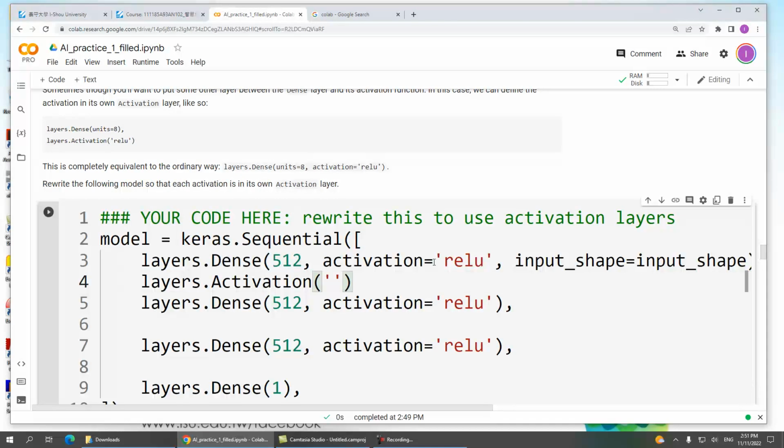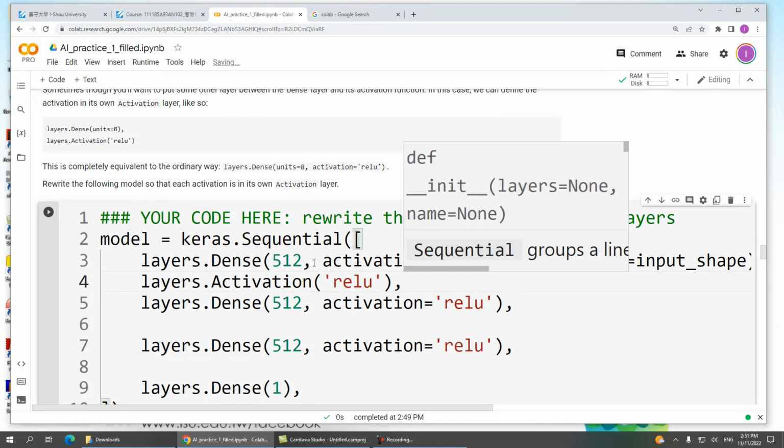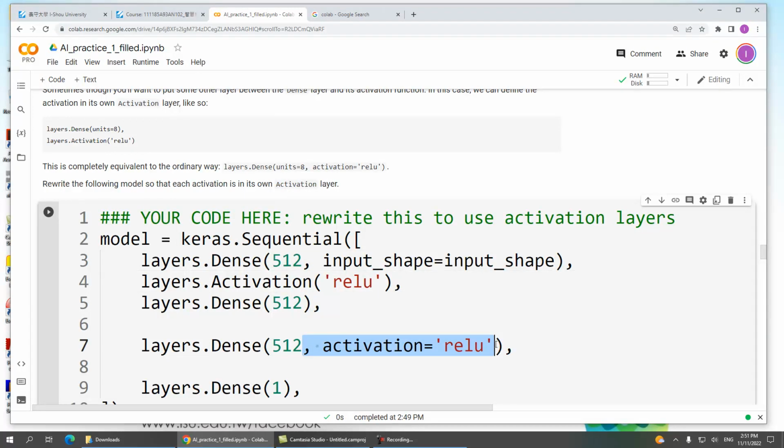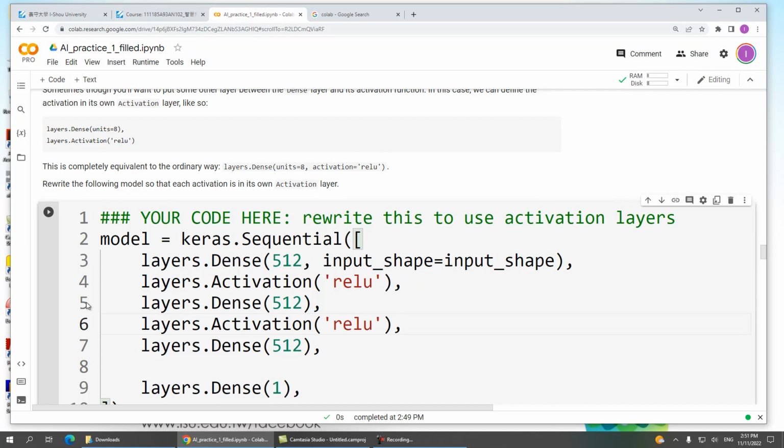We should put inside the same ReLU as here. And once we've done that, we remove this activation from here. Okay? Let's remove activation from here and remove activation from here, and just copy this as our separate layers,